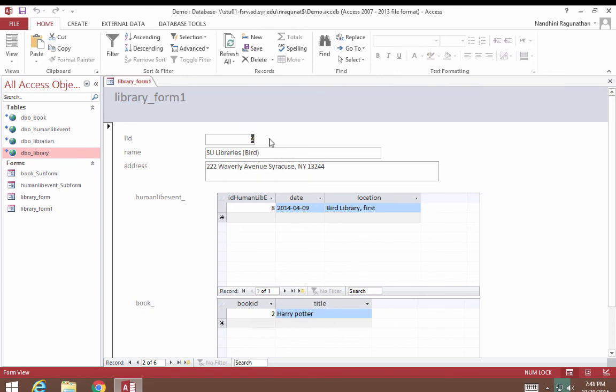So according to the library ID, the human library event as well as book records differ or change, which can be seen when you navigate through this form. Since I did not assign any event or book for my newly created record, these records are blank. So this is how you create a form with subforms using MS Access.